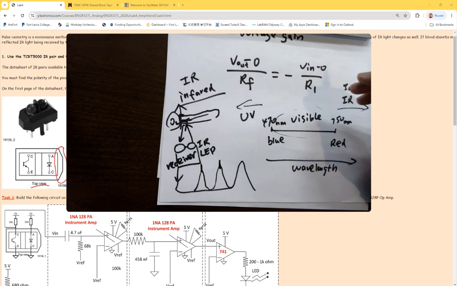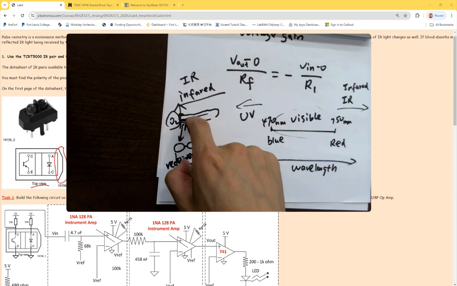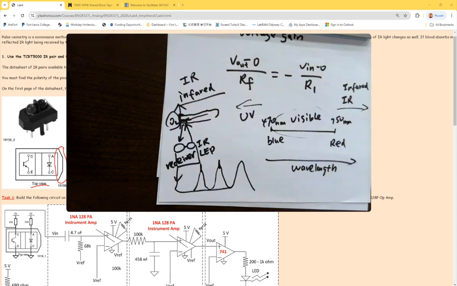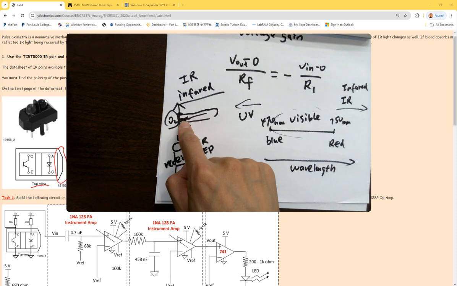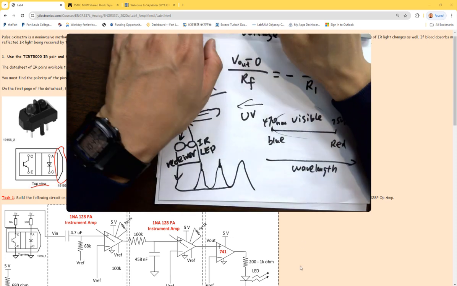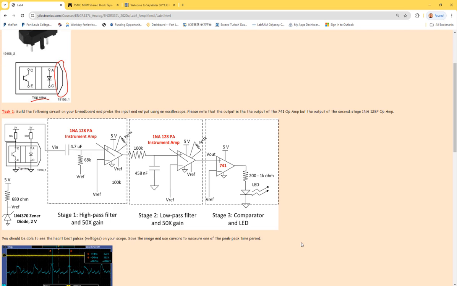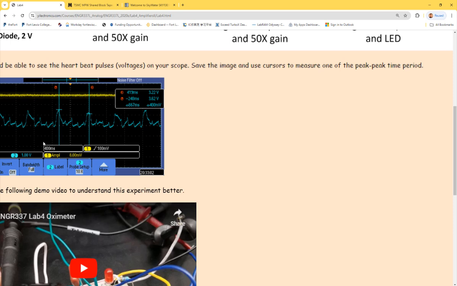It's different from the ECG. ECG is just the voltage directly being collected. This is from light: light absorbed by the blood, the oxygen in your blood. Whenever the heart contracts, the blood comes back to the heart, so you get less blood or less oxygen, and you get a different signal received by the receiver. That's how that works. Okay, so for this one, we had a 3-hour lab, and it was able to show this